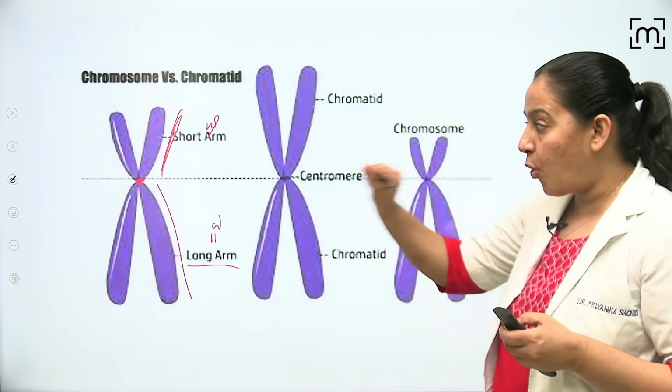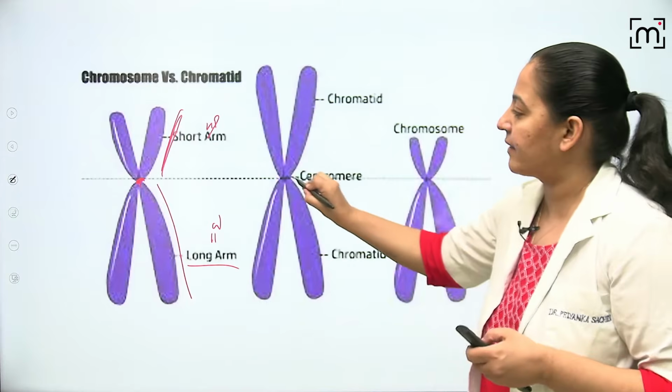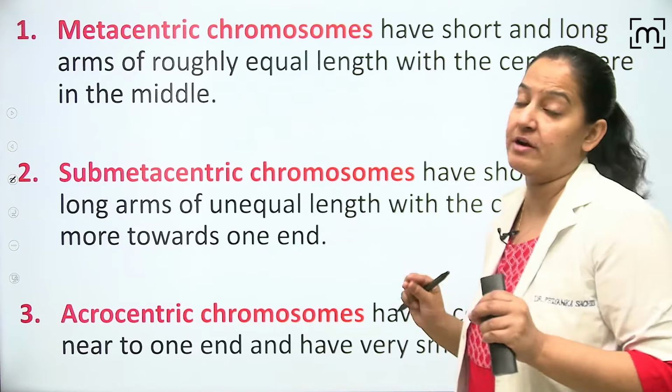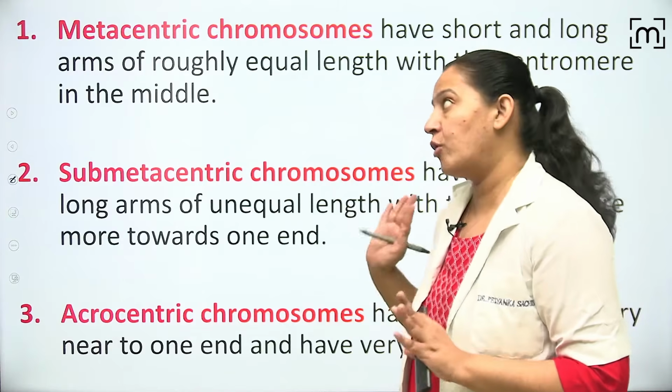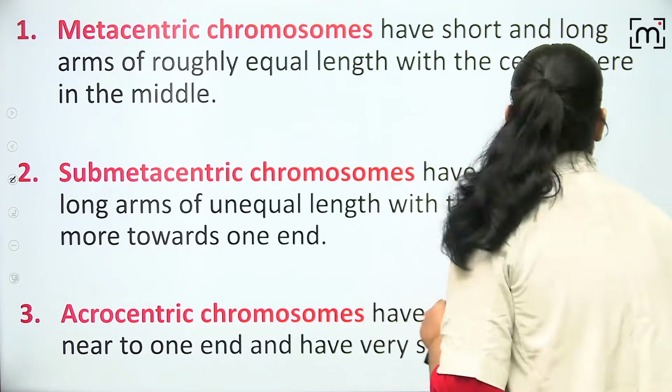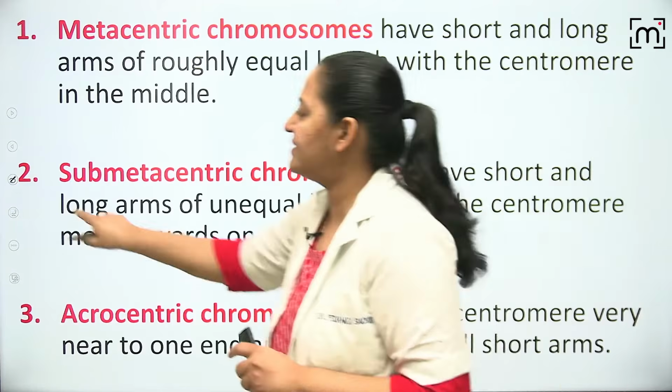Now based on the location of the centromere, the chromosomes are of three types. Very, very important from the MCQ point of view. So chromosomes are of three types based on the location of the centromere. If the centromere is at the center,